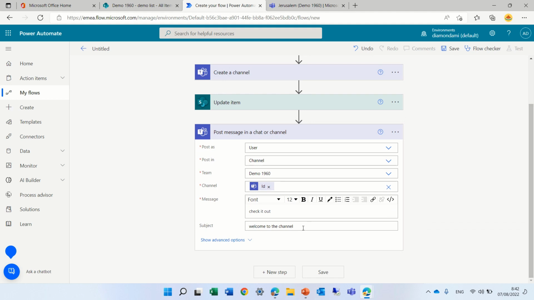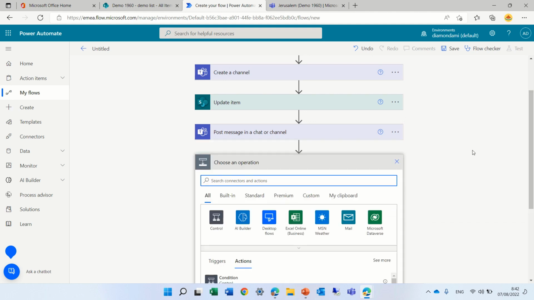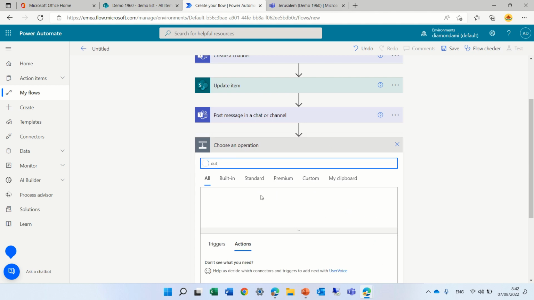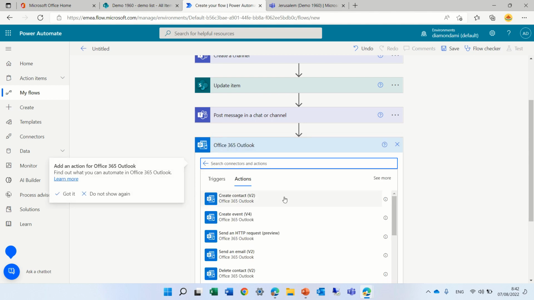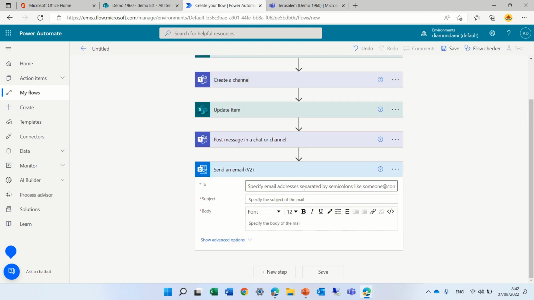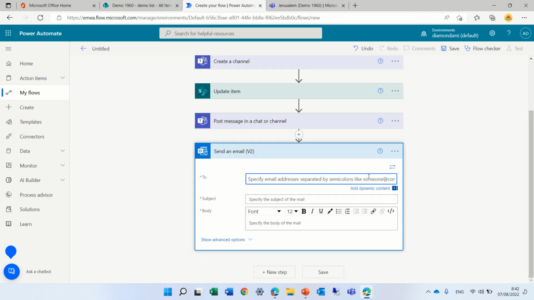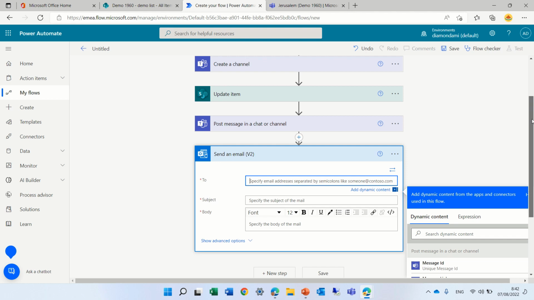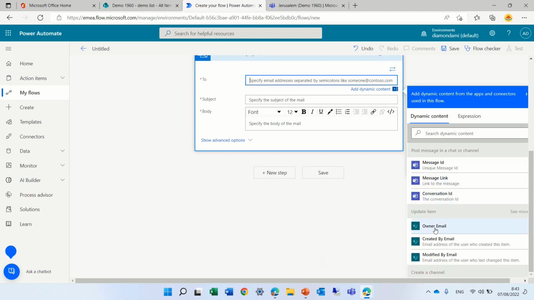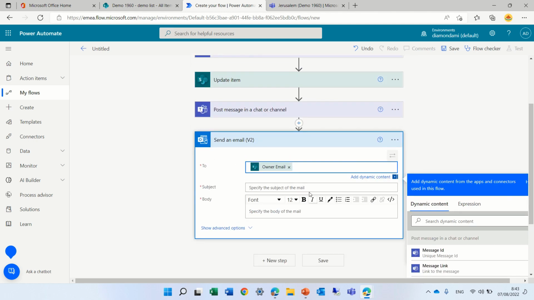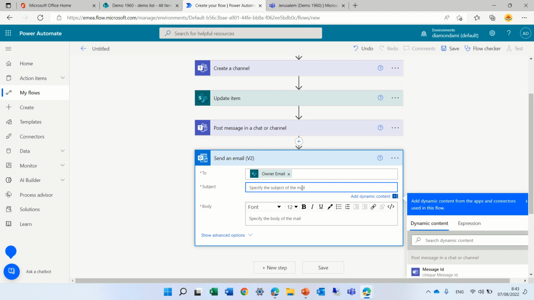Okay, so let's continue. Last thing I want to do is actually to send a mail. So let's look for Outlook, and we will look for send an email, and we can actually put the person that has either created the item or that it's assigned. So let's put the owner, okay? We can also see here "created by." So the subject will be